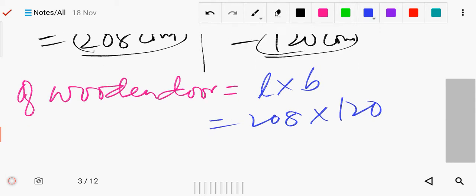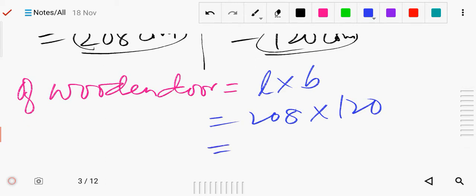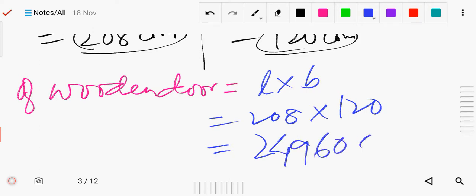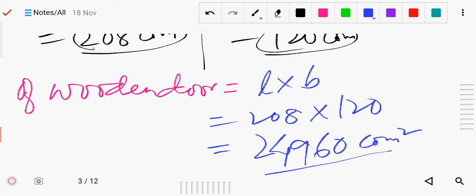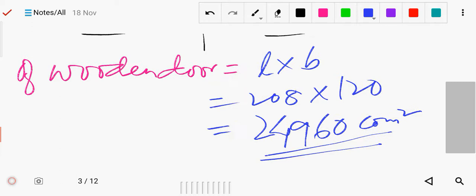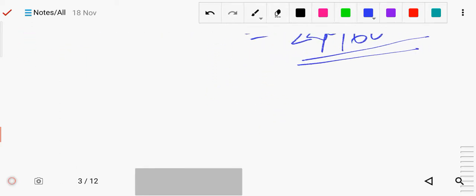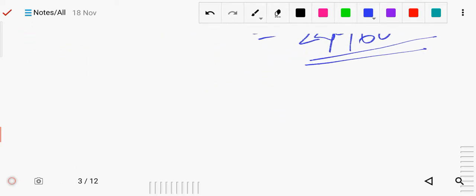So you can multiply these two, so it will be 24,960 centimeter square. So that's the area of the wooden door. Got it? Now we will find the area of the glass. Okay, so now to find the area of glass, so we will write the